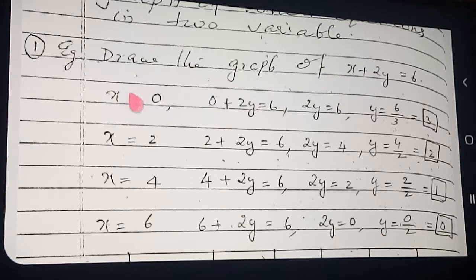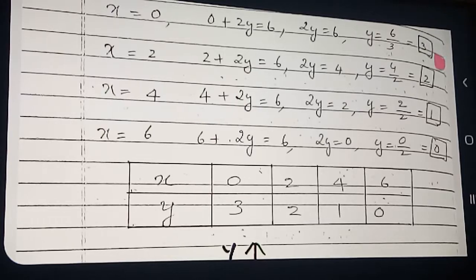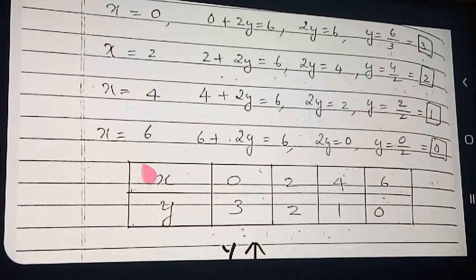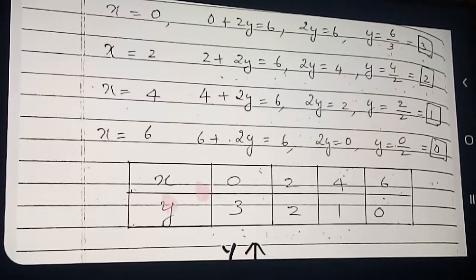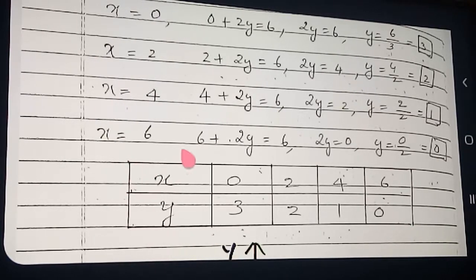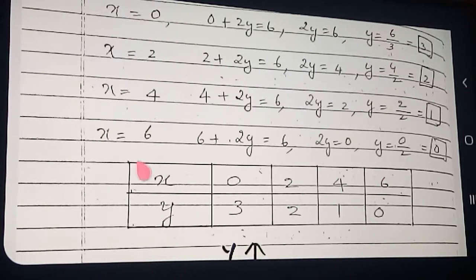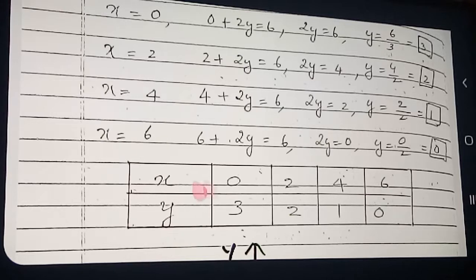So corresponding to x, what you got as 0? Corresponding to x 0, how much got? Y 3 got. So I written here column C. First you find out the solution. What is your next method? You make a column. See here column made now. So first x and then y. Clear? So corresponding to x, which are the values I given? 0, 2, 4, 6. So against x we are written the values. Are you clear? And corresponding to value of x, y will be written.